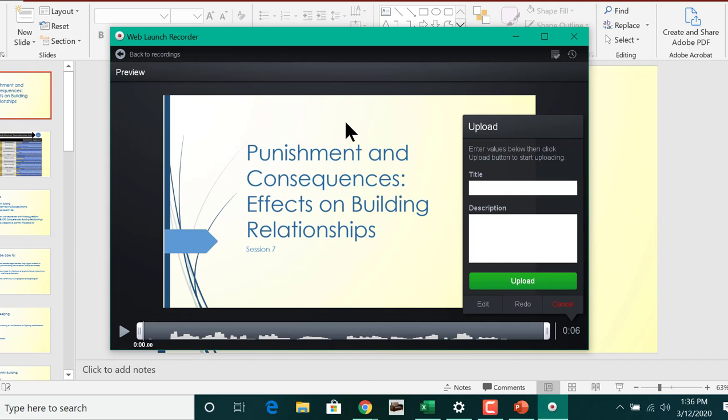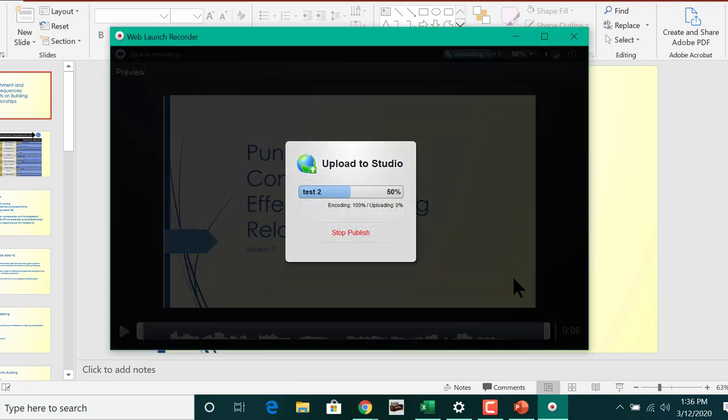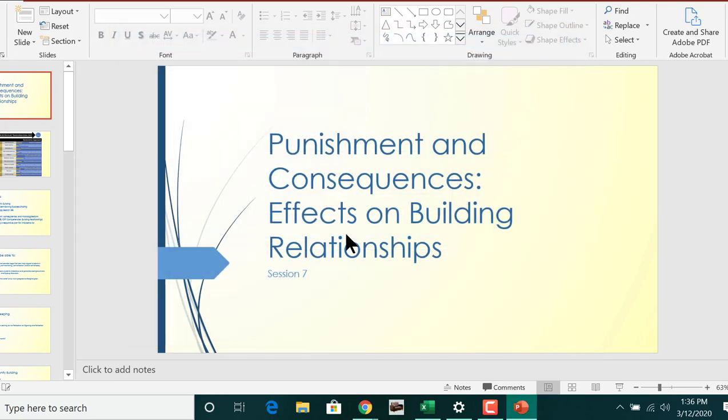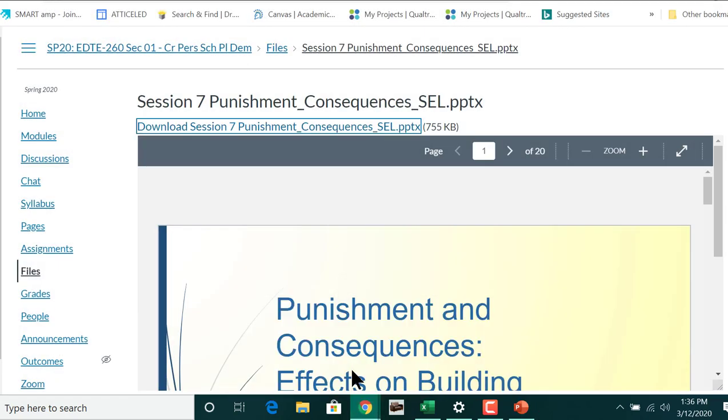When you push done or pause, it asks, are you ready to upload this video? I'm going to call this one Test 2. When you click upload, it automatically uploads it into your course library in Studio, and you can click on continue, and then in just a few moments, when you go back to your Canvas shell, you will see, when you go back to Studio,